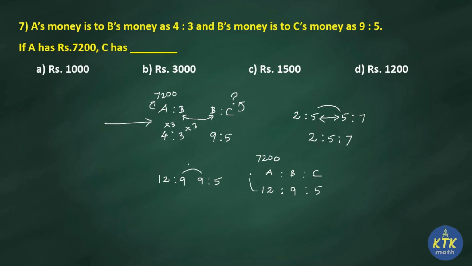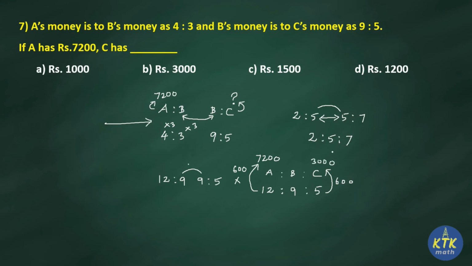You just check here. 12 multiply with what number will give you 7,200? 12 multiply with what number will give you 72. How many 12s are 72? 6 times. So 2 zeros are there. 600. So 12 multiply with 600 will give you 7,200, right? In the same way, 5 multiply with 600, what number? You can use this 600 here also, because all these ratios are combined now. I hope you understand. 12 multiply with 600 gives you 7,200. In the same way, 5 into 600 is your answer 3,000.